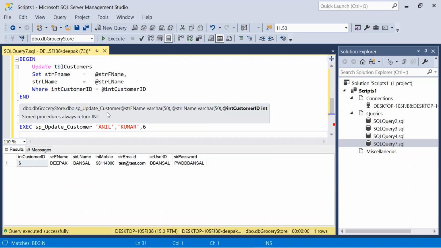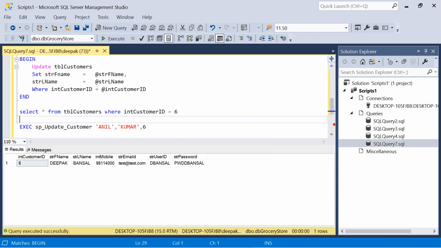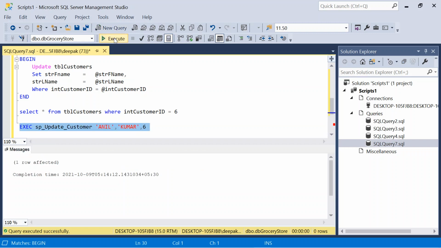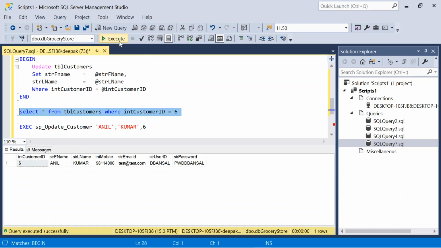Right friends, so here is the statement. We are calling the procedure exec or execute sp_update_customer. I am updating the name with Anil and last name with Kumar. So one row is affected. As you can see, the first name and last name is updated to the Anil Kumar.